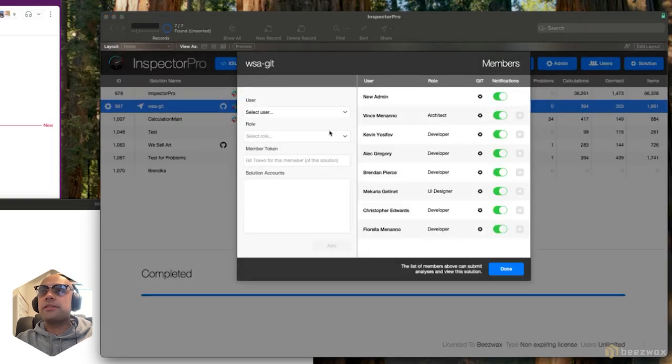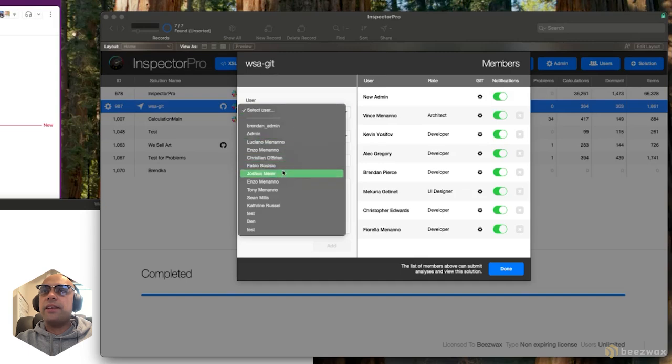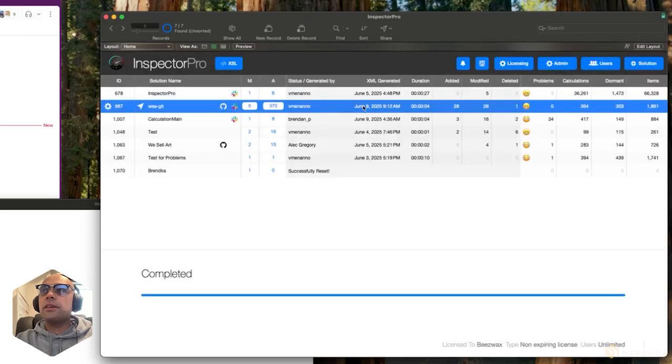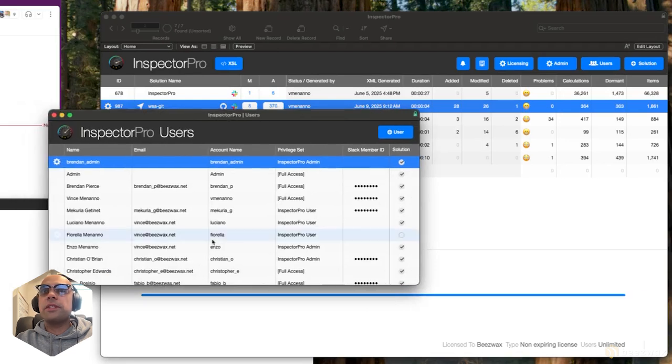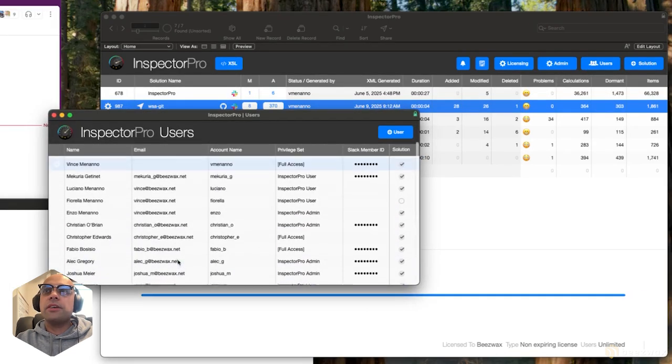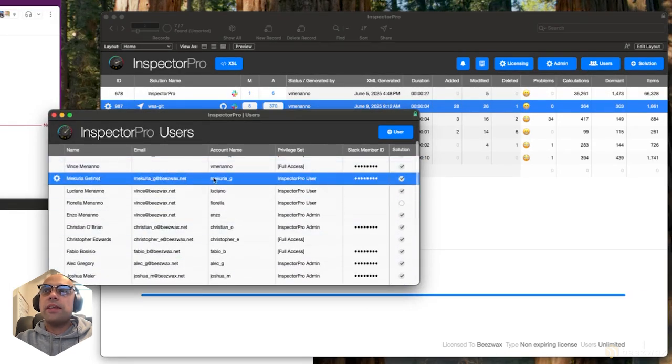The next thing that's required is under the members window here. If you click on this number here, you have the ability to add different members to your solution. Before you can add members, you need to add the user to InspectorPro itself using this menu here. Once you add the user,